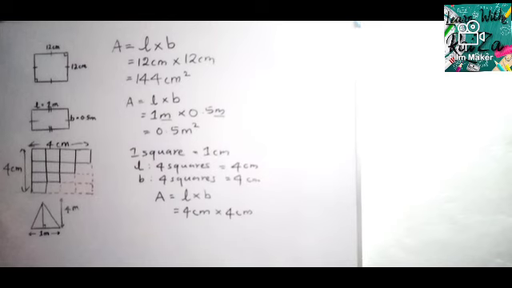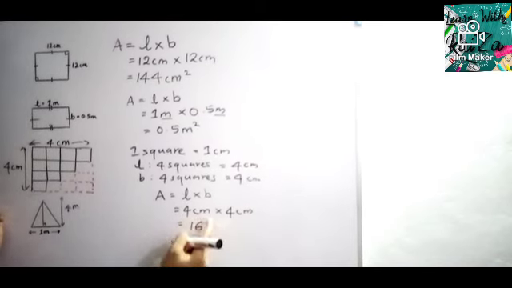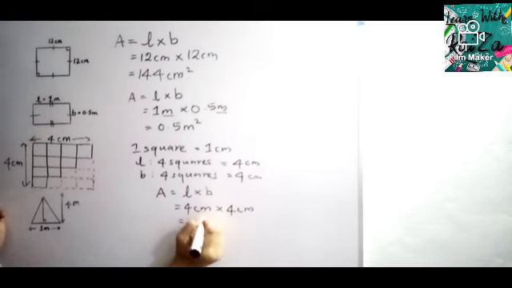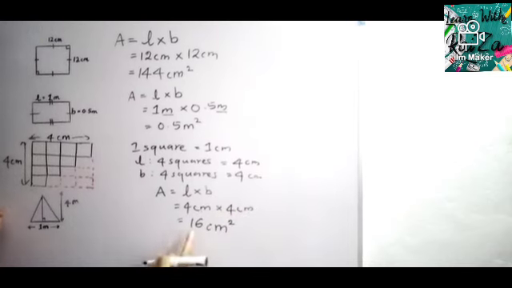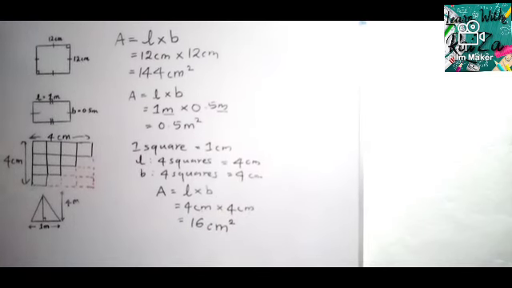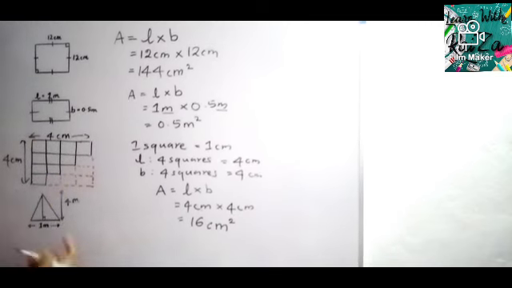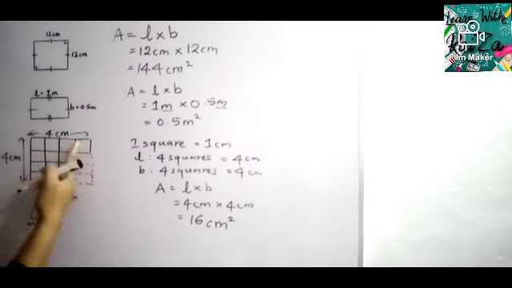4 times 4, multiplication table. Always be careful, maths is easy if you know the multiplication table. So 4 times 4 is 16. And what is the unit? Unit is a must. If not, you are not getting marks. So the unit is centimeter. But what? How many centimeters? 2. So square centimeter, 16 square centimeter. So when a figure like a half figure is given, whatever, we'll discuss more questions. When these kinds of figures are given, you have to complete the whole figure and get the units.